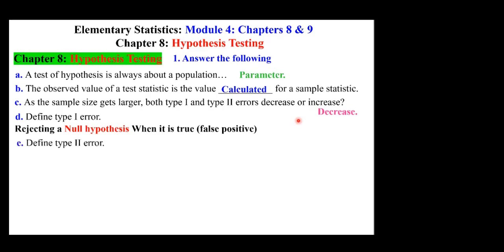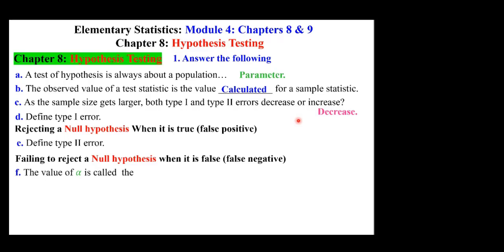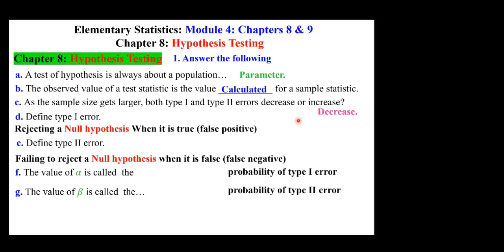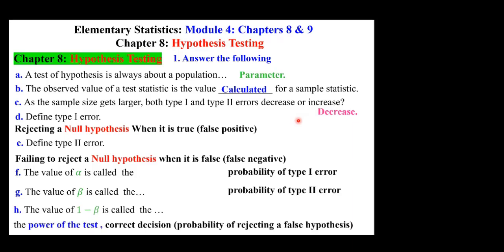Type 2 error is failing to reject a null hypothesis when it's false, also known as a false negative. The value of alpha is called the probability of type 1 error. It's equal to that value. The value of beta is the probability of type 2 error. It's equal to that value. And 1 minus beta is called the power of the test, the correct decision, the probability of rejecting a